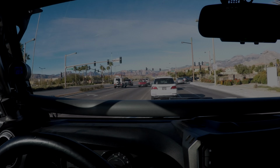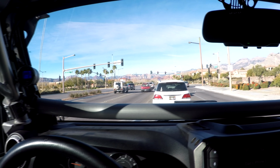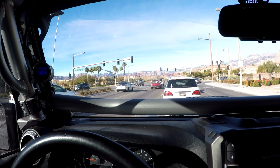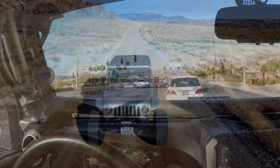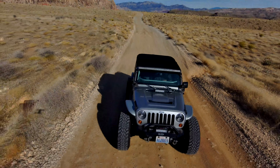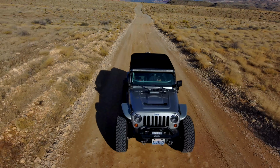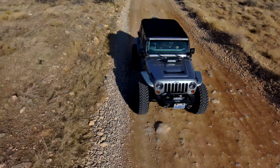Late model JK with a Gen 4 LS3, and this has a real LS3. The LS3 was really designed for manual transmission vehicles, where the L99, its automatic counterpart, had variable valve timing and flex fuel and active fuel management or four-cylinder mode. The LS3 was a lot less complicated. It was more of a performance engine, and that's why it became so popular in off-road racing and circle track